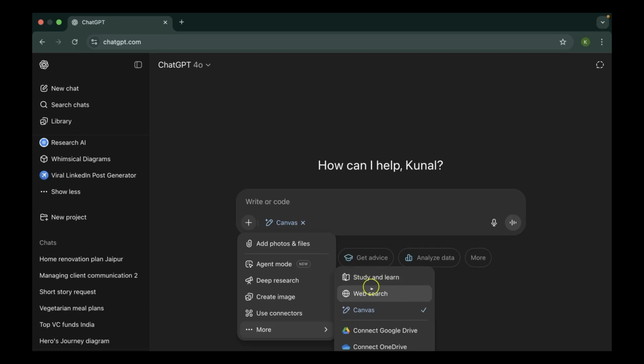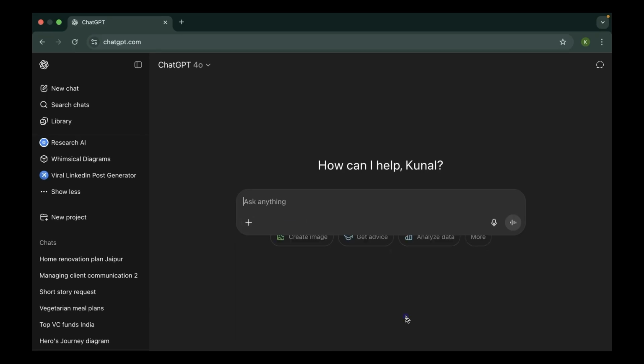You can also take help of Study and Learn. And the thing is that I'm recording it in August right now. So with future updates, if you are seeing it months later, the interface might have changed a little, but the core features will remain the same. So don't worry, deep research and Canvas, you will find everything, if not at the exact place, but definitely somewhere within this plus. All right. So let's check what Canvas is about. And I'm going to talk about it right after putting in the prompt.